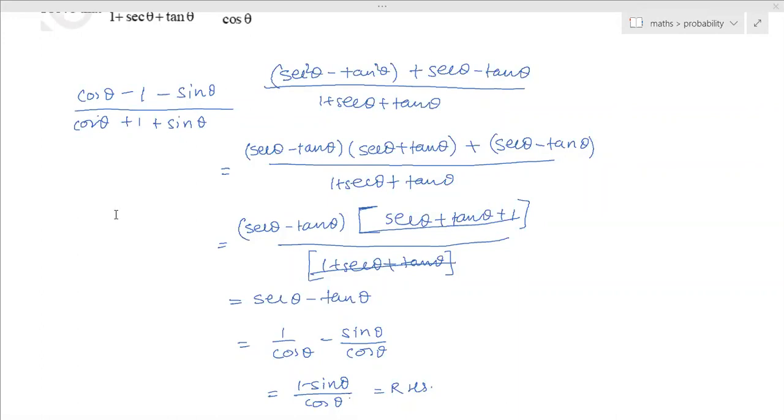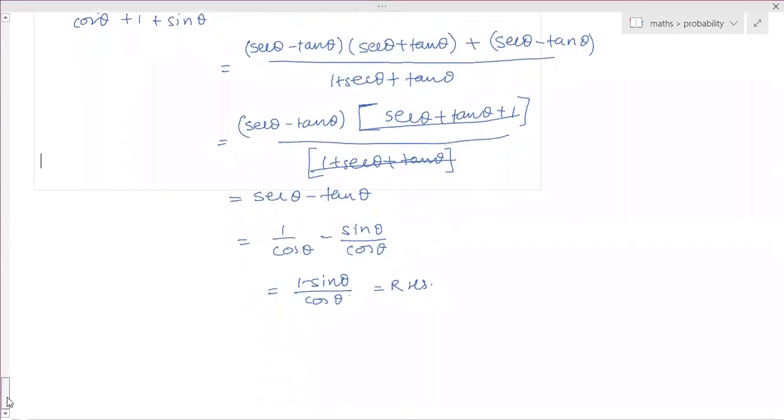Okay. Any doubt in yesterday's questions? Yes, ma'am. The 14th one, the second last one. An observer 1.5 meters tall is 20.5 meters away from the tower, 22 meters high. Determine the angle of elevation of the top of the tower from the eye of the observer. This is a part of application of trigonometry.